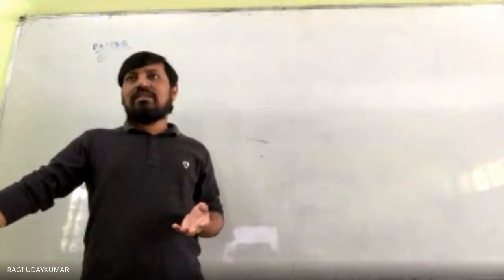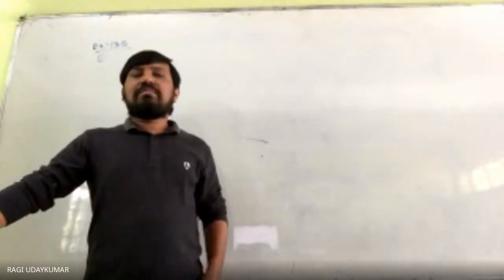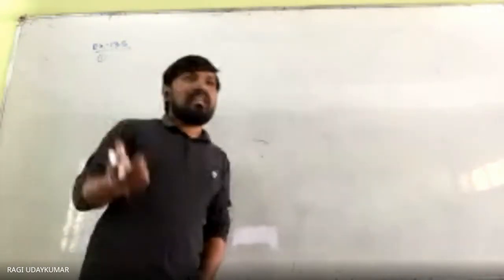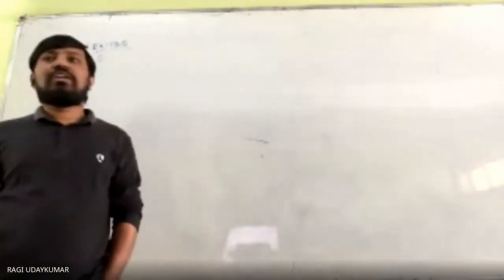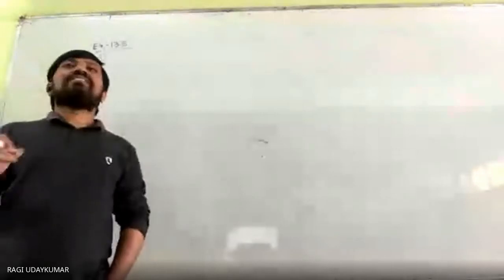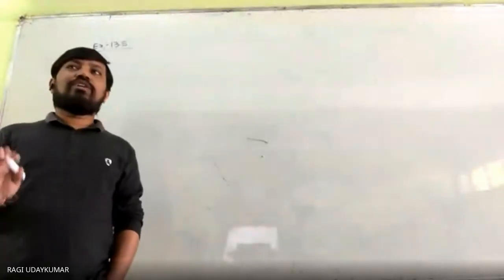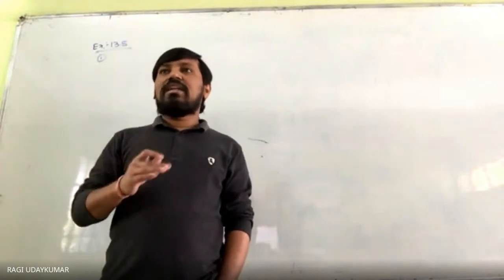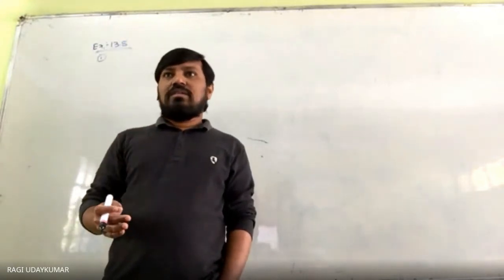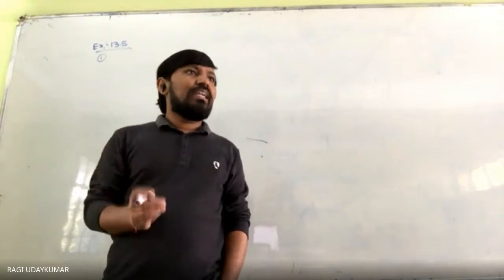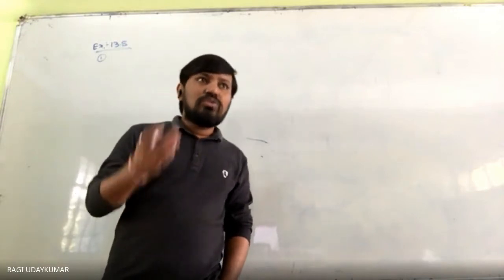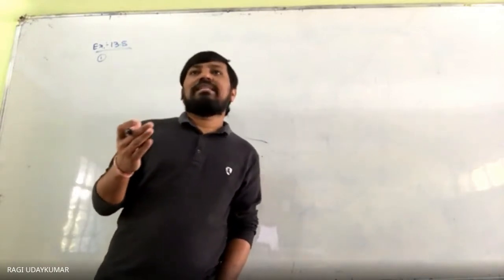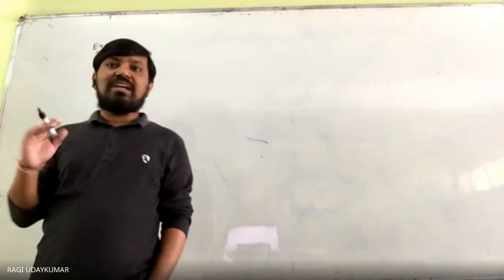4 by 3 pi r cube. So you have to directly substitute into 4 by 3 pi r cube, and the radius is given to you as 0.63. And 0.63 cube you have to find out. Don't try to use the calculator if you are doing it in your notebook. That does not develop your knowledge. Even for small multiplication and everything, do the rough work, apply some logic, and try to do it a little bit fast.